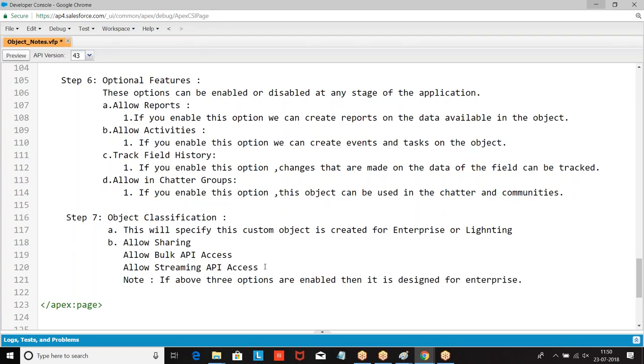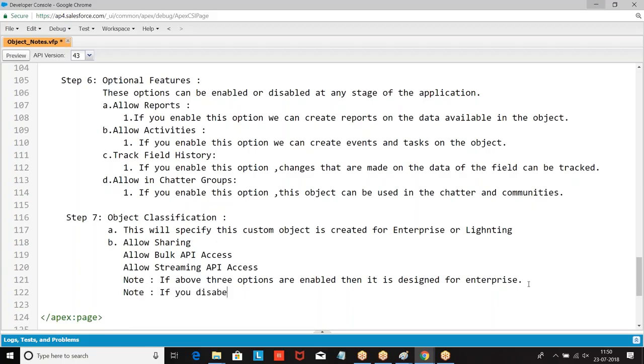If you enable allow sharing, allow bulk API, and allow streaming API, it is called an enterprise application object. If you disable any one of the options, it is a lightning application object.